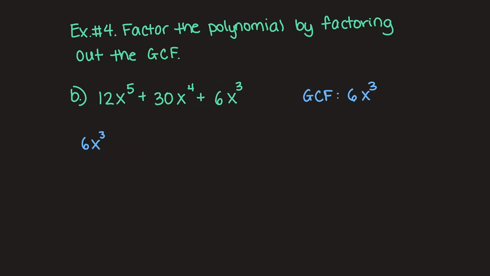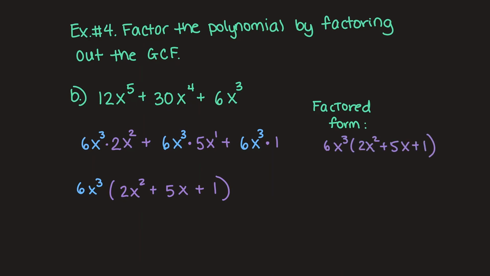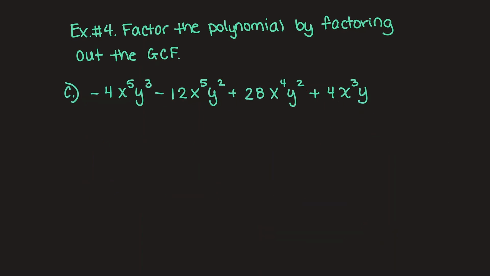So we can rewrite the terms as factors with this GCF, and then factor out the GCF of 6x cubed, and write what remains in parentheses. Now we have factored out the GCF. We can also check this by multiplying out, and since we get our original expression after multiplying, this is the correct factored form. And then for the next example, the GCF of the four terms is going to be 4x